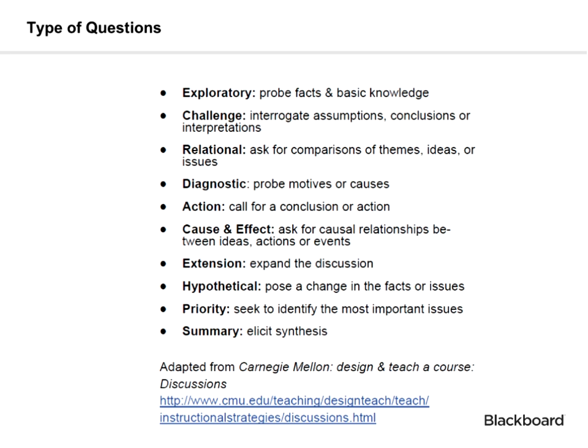And as you probably know, you can use any variety of types of questions for discussions: exploratory types, challenges, diagnostic, action. The more complex that you use, sometimes the better the question. And we'll look a little bit at Bloom's taxonomy in a moment to see how you can raise the level